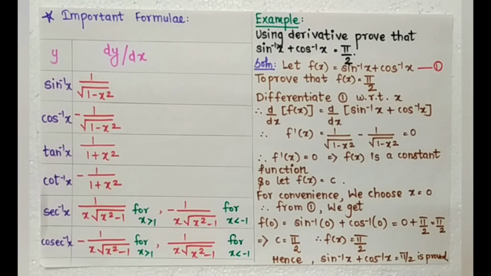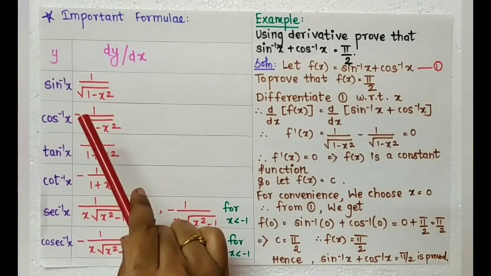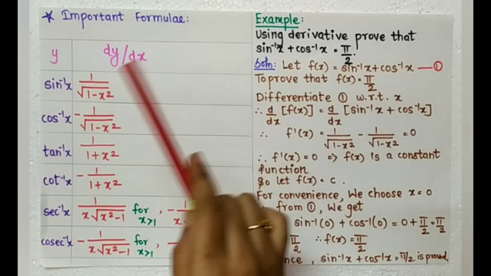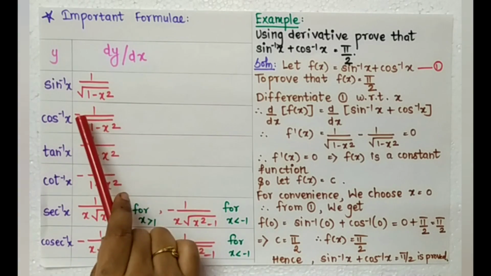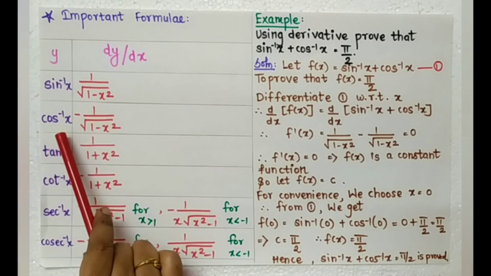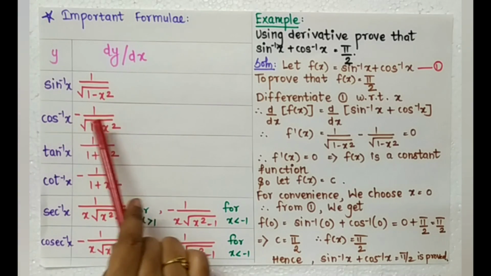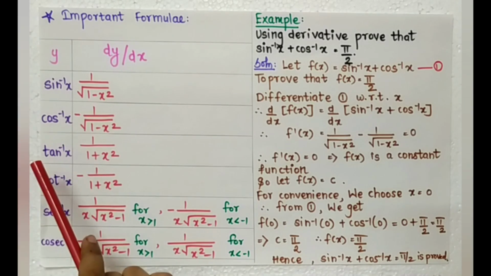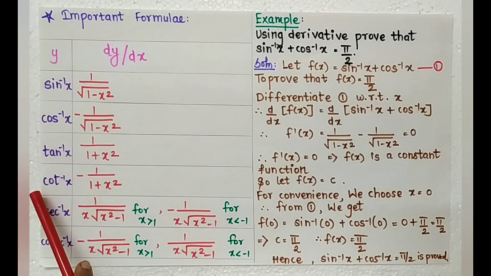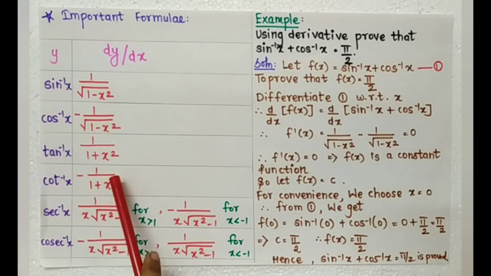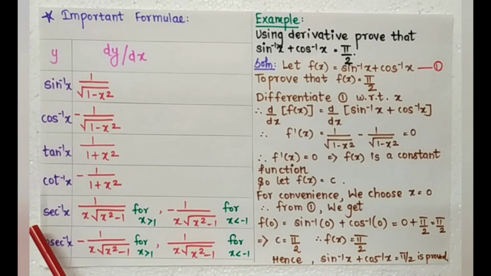So now it's time for us to go through the important formulae. The formulae we derived in the previous video are: derivative of sine inverse x is 1 upon root 1 minus x square, cos inverse x is minus 1 upon root 1 minus x square, tan inverse x is 1 upon 1 plus x square, cot inverse x is minus 1 upon 1 plus x square, sec inverse x is 1 upon x root x square minus 1